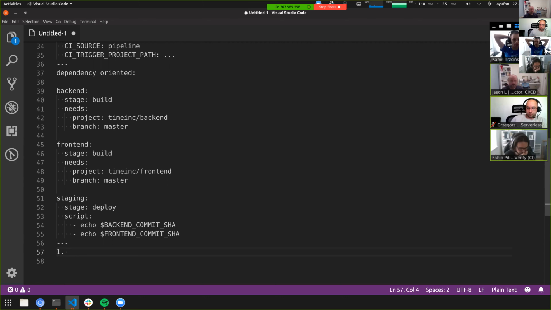Because there has to be some limits somewhere. Can we start by forcing, when we specify the dependency, the branch that needs to be triggered on? So you can just say, I depend on this project and that's it, but I want to depend on this project when it changes on this branch and it triggers the pipeline on this branch.